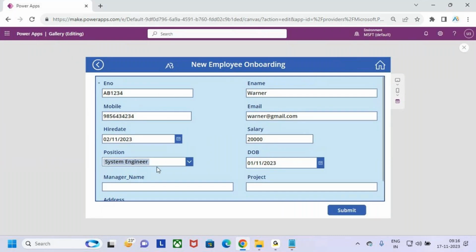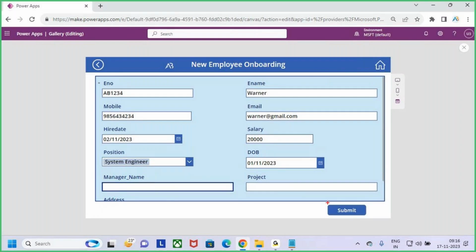Now I'm able to edit the form. Now see, once the form is in edit mode, my requirement here is that I want to enter the project ID, project name and manager name. Once after entering the project name and manager name, instead of showing the button as a submit button,